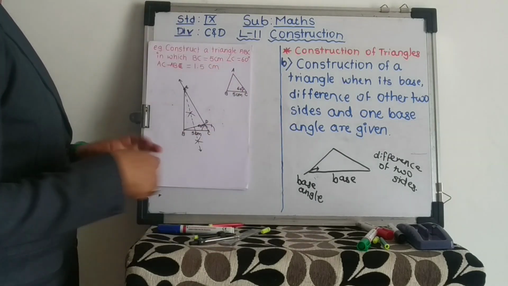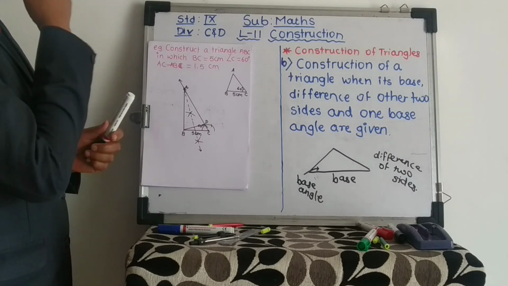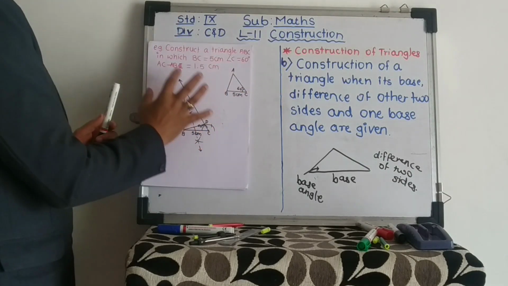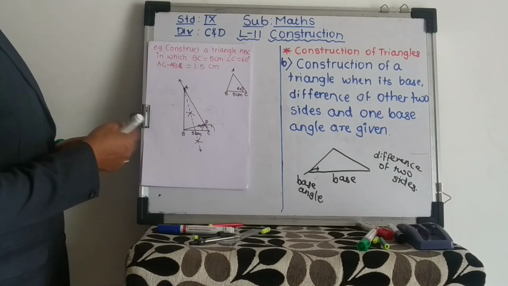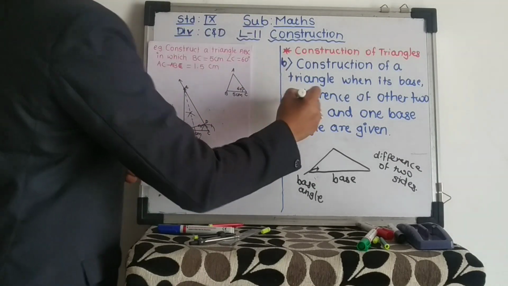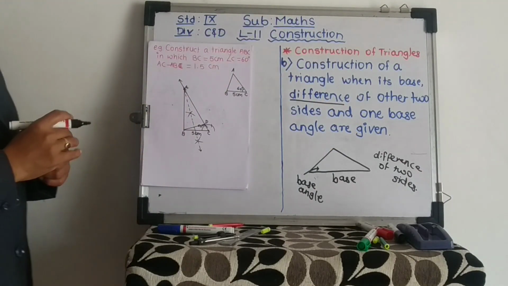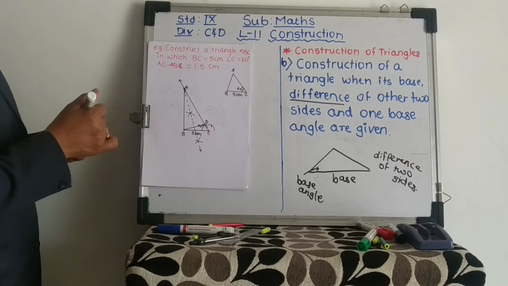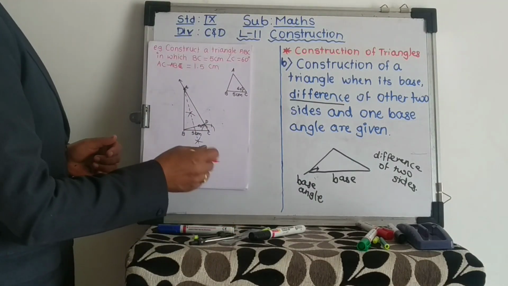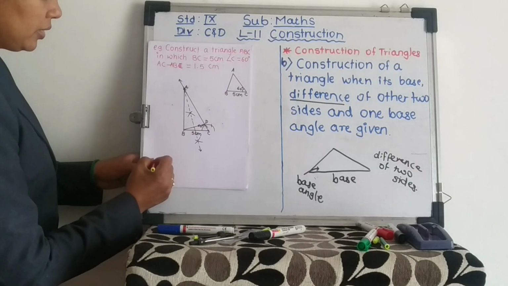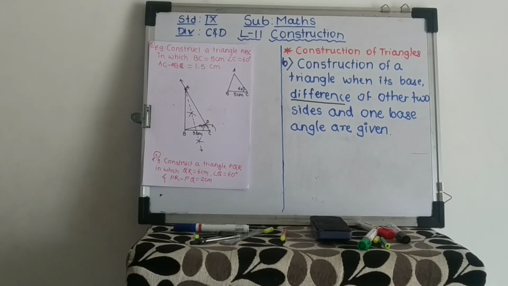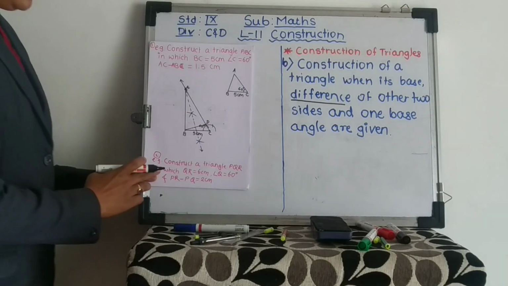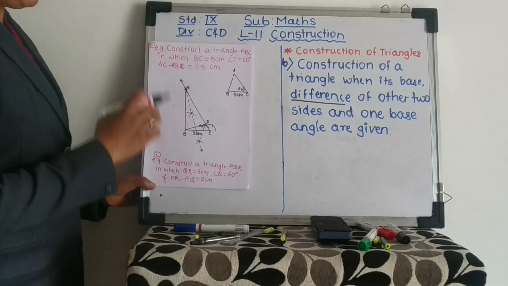Now I just want to tell you the difference from the second construction. That one is also a difference type only. This third construction, in which only the difference, the base angle and the base side we will get. But there is a slight difference. See, when I get a sum, I'll write here another sum for example, so that it will be easy for you to understand. See students, here I have written another sum which is the same but with a slight difference.